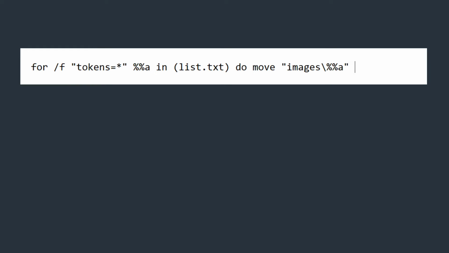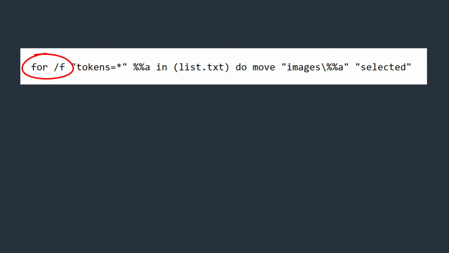Enter FOR /F space quote tokens equals asterisk quote space %% space in space parentheses list.txt in parentheses space do space move space quote images \%% quote space quote selected quote.